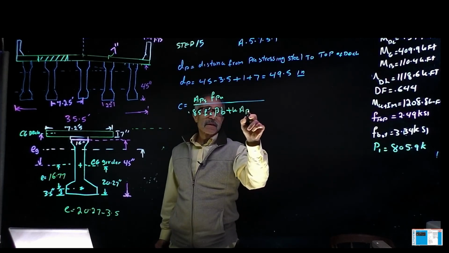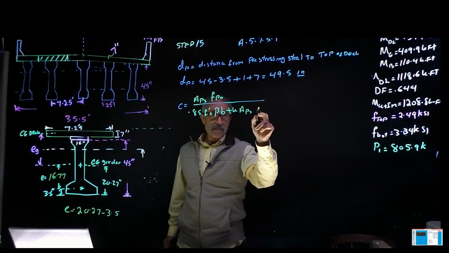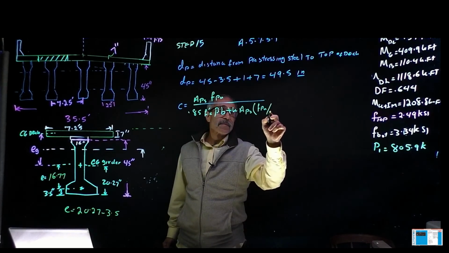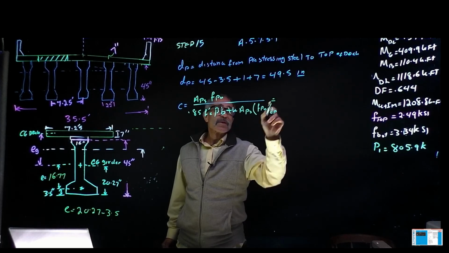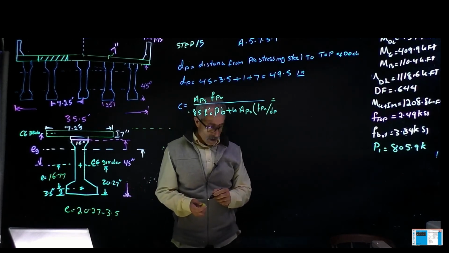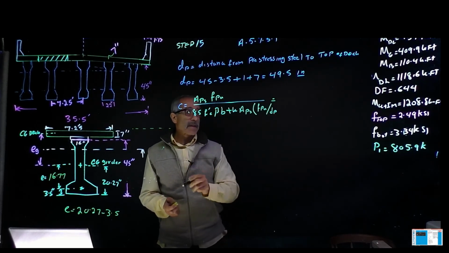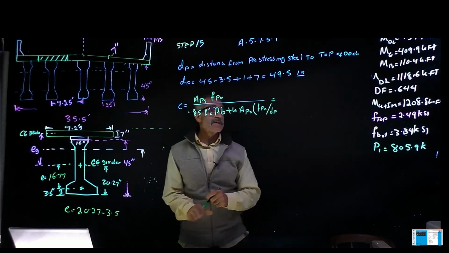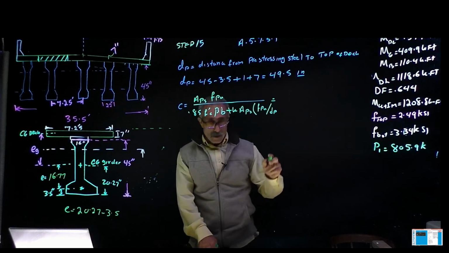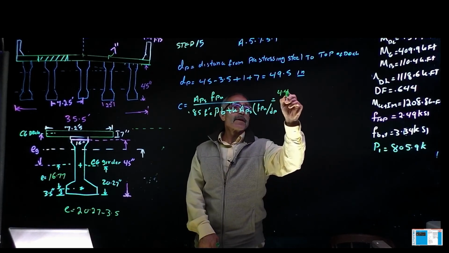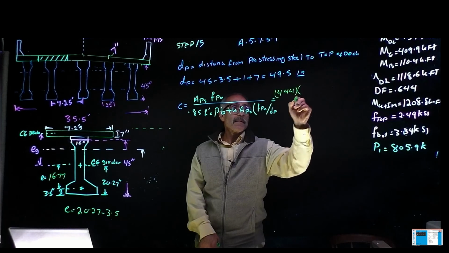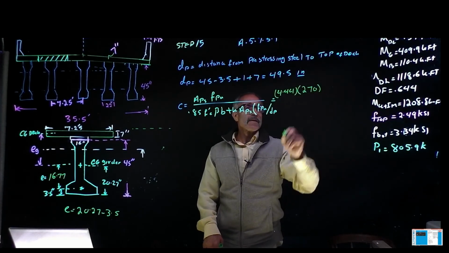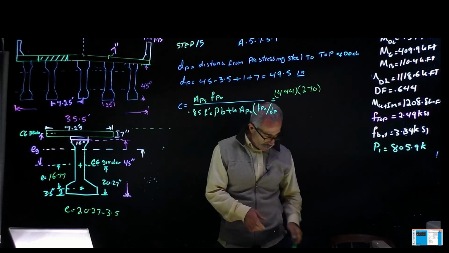A_ps times f_pu divided by d_p, which is equal, I'm going to write it right here. And that's going to come out to 444, we had that, times 270. Okay. And divide that by